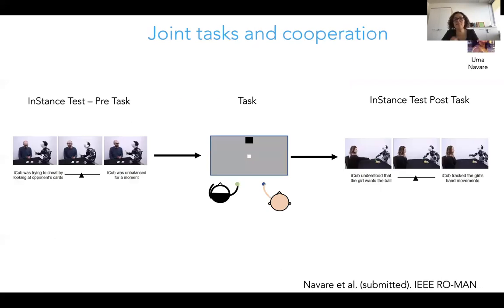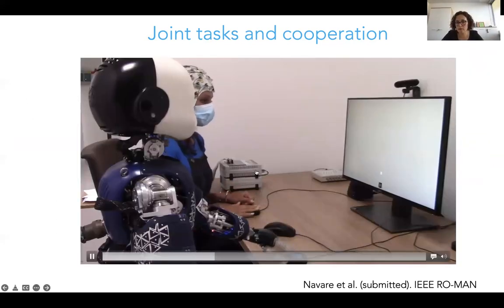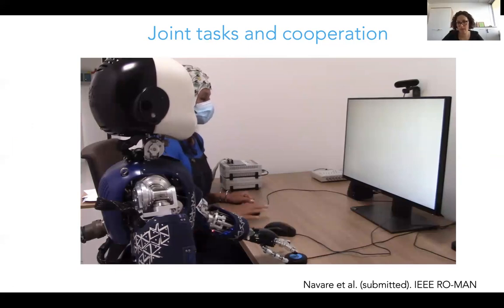And then we have another study that is, again, an interactive study where participants and the robot are doing a task together. I'm not going to talk much about the details of the study. Basically, they need to move a cursor jointly towards a target. One of the partners is responsible for just moving the cursor, and the other is responsible for confirming when the cursor reaches the target position. So it's a joint task, and they have to do it as a team. And this is how it looks. You see the cursor being moved by the robot, and then the participant confirms.